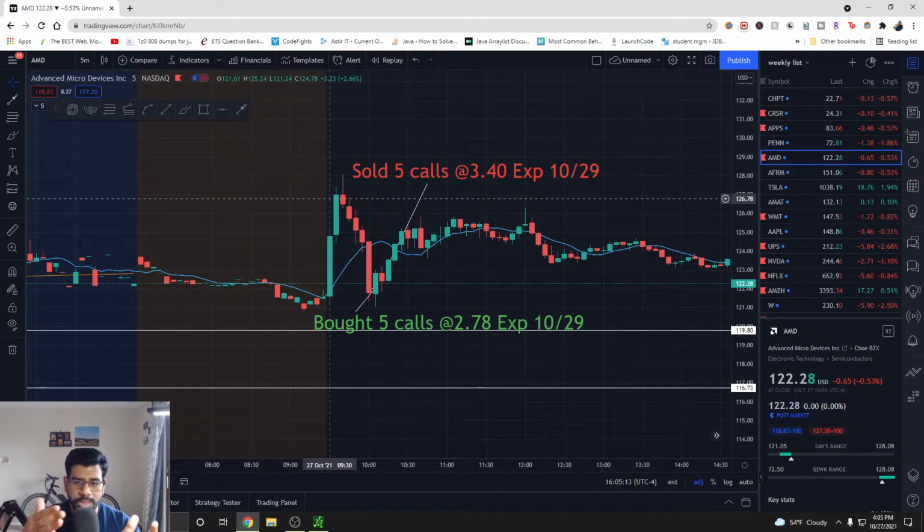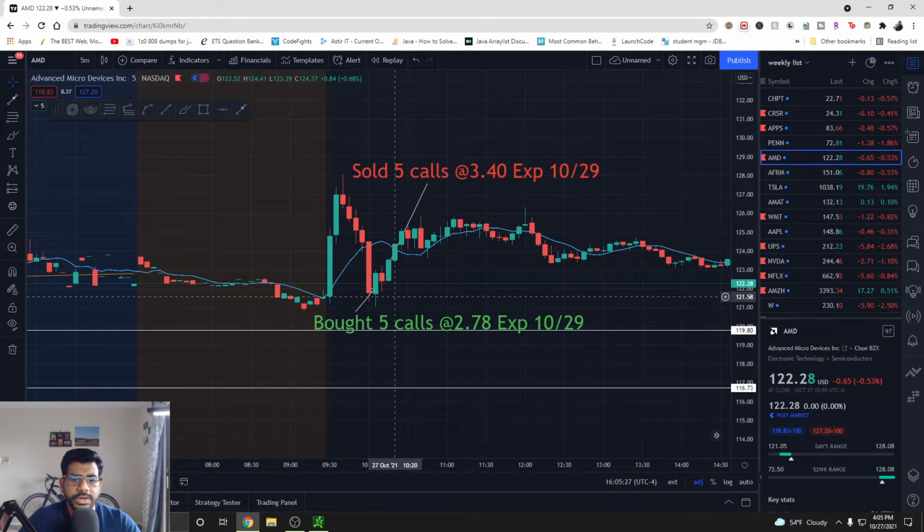S&P 500 fell straight down when the market opened, but AMD pushed higher and higher, and I guess it caught that SPY movement a little bit late, and it sold off initially. And when it sold off, I bought 5 calls at 278 expiring 10/29, that is weekly calls, and sold 5